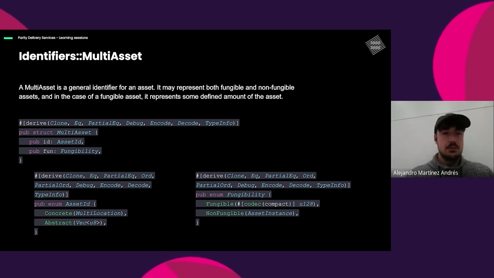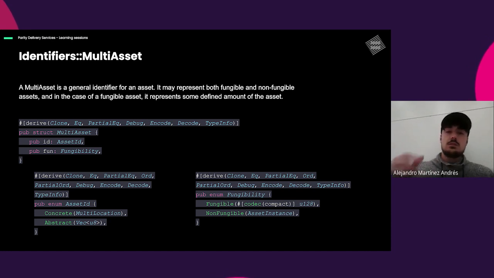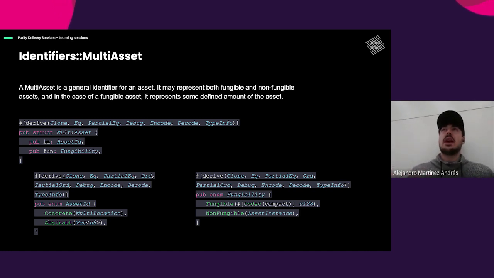Because depending on the case, we will want to identify fungibles by an amount of tokens of the fungible asset that we are identifying, or an asset instance within a class of some kind of non-fungible asset, right? And you can see this perfectly there, bottom right: fungible is defined by an amount, non-fungible is an asset instance of the type, right? For asset IDs, on the left, concrete and abstract. As I mentioned before, concrete multi-assets are basically multi-locations. They are still relative paths. We have